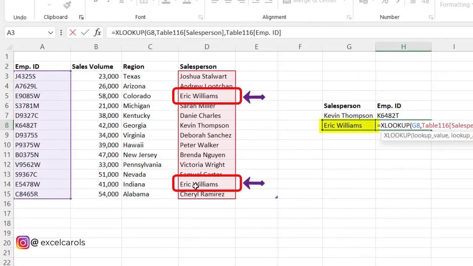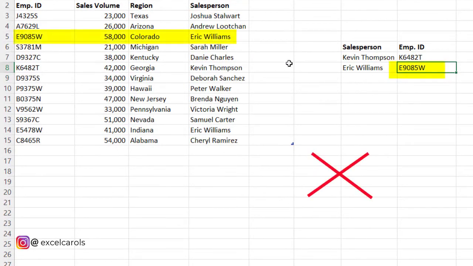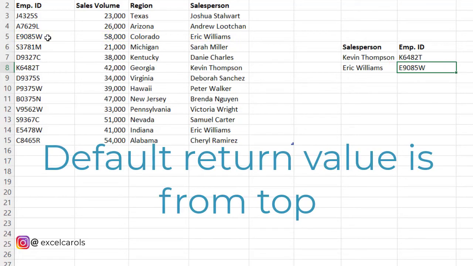We want the employee ID of the Eric Williams, which appears in cell D14. Let's see if that happens if we simply close the bracket and press enter. No, it doesn't happen. So by default, XLOOKUP picks that return value which appears from the top.